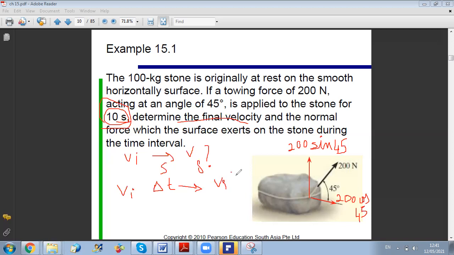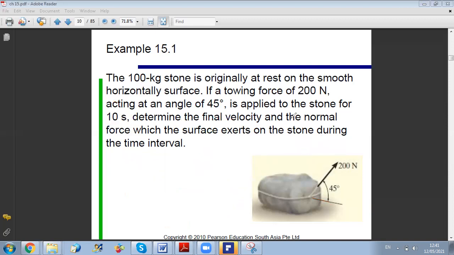Okay? Of course, in any problem, you can use several methods. Here, you can tell me we can use chapters 12 and 13. You start with chapter 13, you get the acceleration from sum of forces equals ma. Once you get a, you use chapter 12 of kinematics to relate velocity to acceleration and get v. This is also possible, but you need several steps in the solution. While if you use the principle of linear impulse and momentum, you can find your value in just one relation. So always try to go straightforward with the easiest method. Okay?